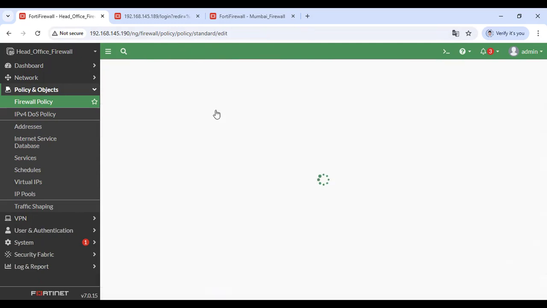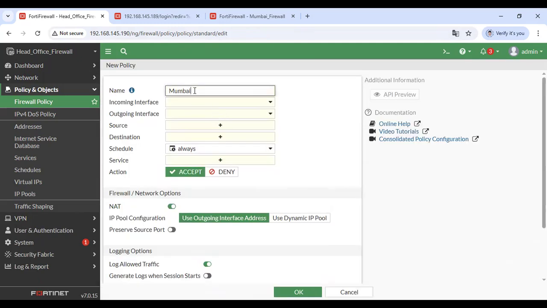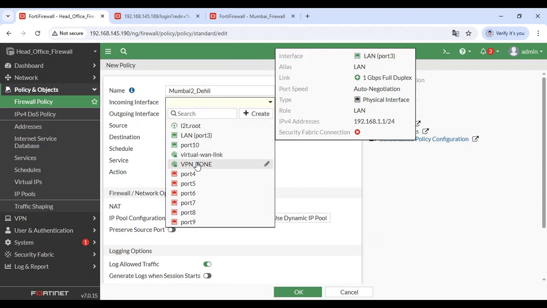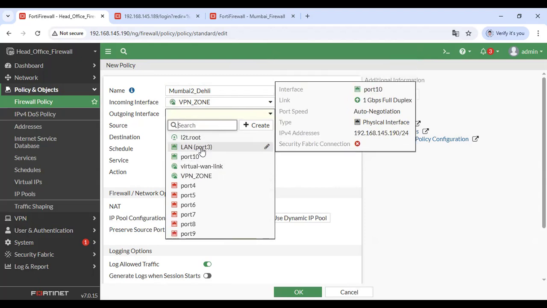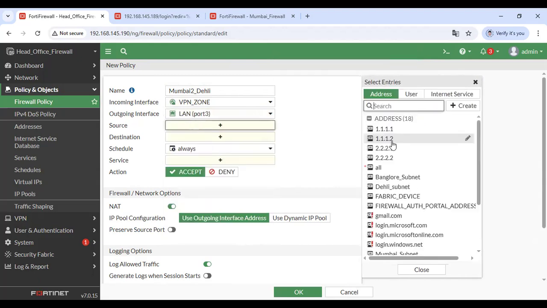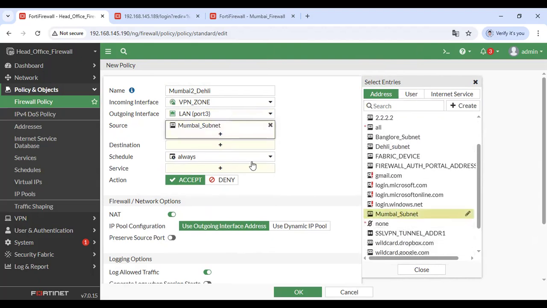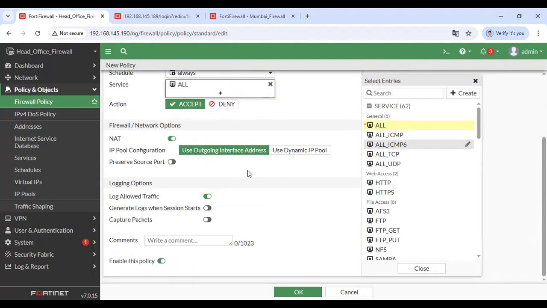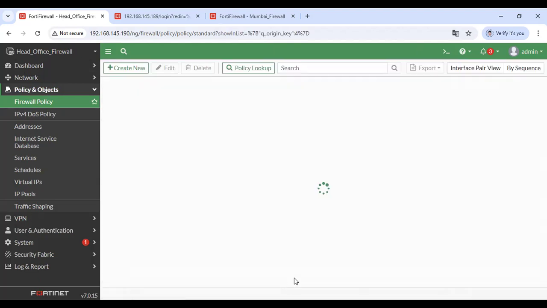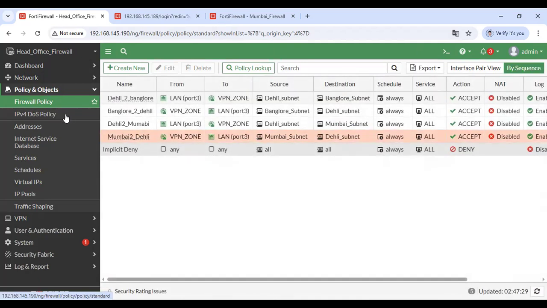Now configure one more policy from Mumbai to Delhi. Okay, so incoming interface will be the tunnel interface, I mean zone interface, outgoing interface will be the LAN interface, and source will be the Mumbai, and destination will be the Delhi, and service I'm allowing all for demonstration purpose. So as you can see, the policy has been created. Okay, now